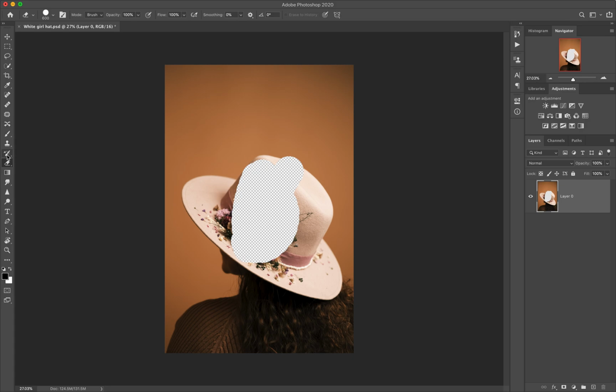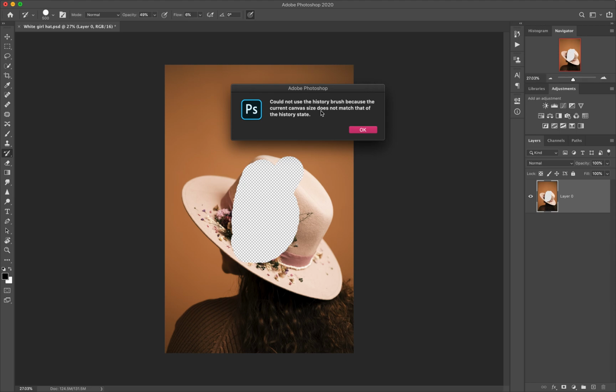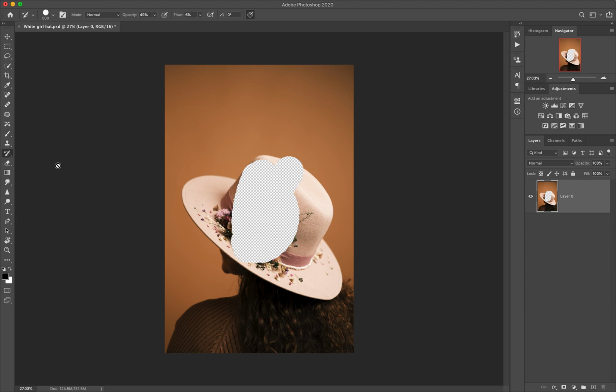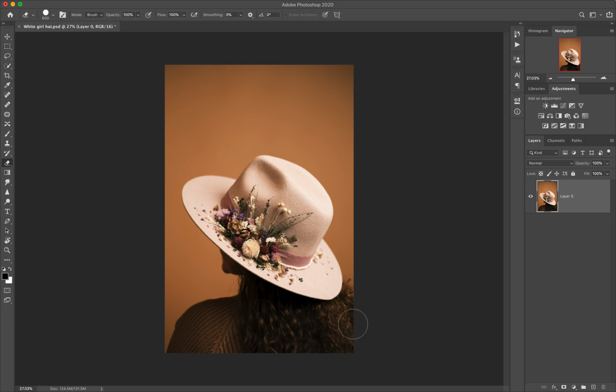Now, we can use to some effect the history brush tool, but even now it's saying I can't use the history brush. Sometimes the history brush tool can bail us out, and other times it doesn't. In this case, it won't. So how do I get back to that? Well, in this case, I can hold down Command and hit Z, and I can just undo one step in my history. But what happens if,